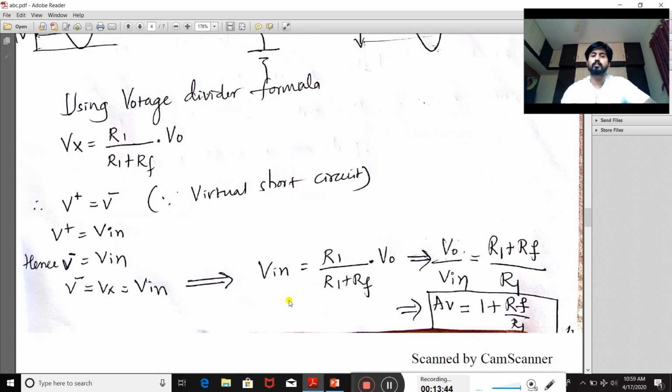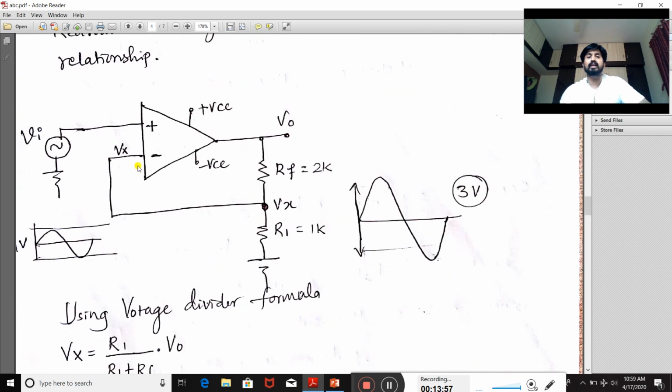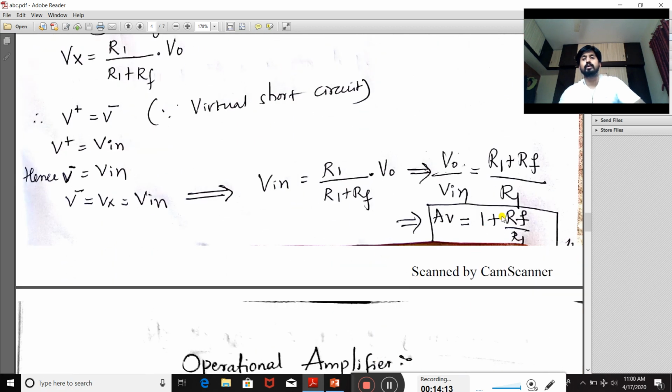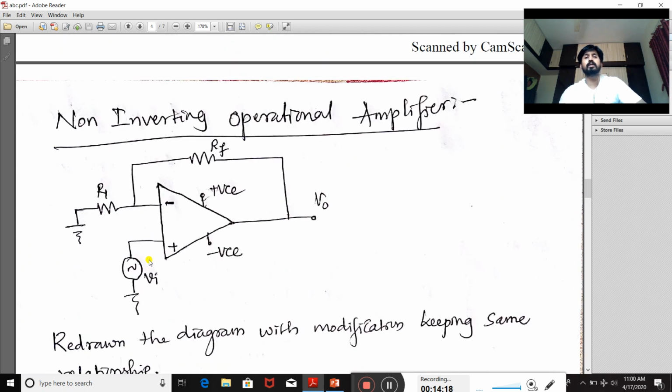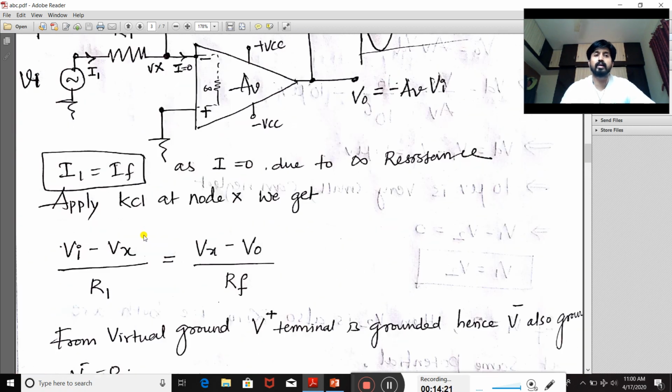Both these concepts or circuits are very easy to draw and very easy to explain and understand. In the examination they may ask you to explain, with a neat circuit diagram and waveform, the concept of the inverting operational amplifier or non-inverting operational amplifier for 6 or 7 marks. So these are the things you need to write, and you have to show the formula, so that you show exactly how the non-inverting and inverting operational amplifiers work.